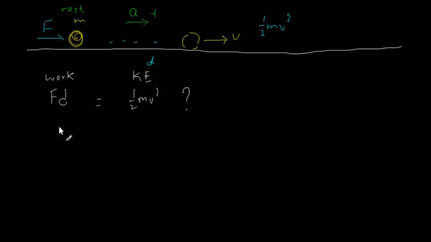Relating force and acceleration, we have Newton's second law, F equals ma. And relating acceleration and the others, there are a number of formulas for acceleration, a number of equations we can choose from,